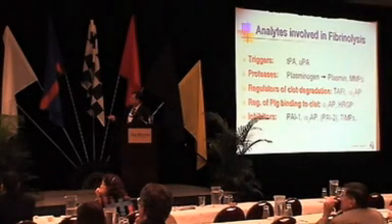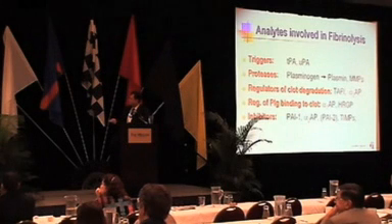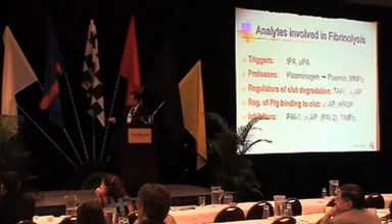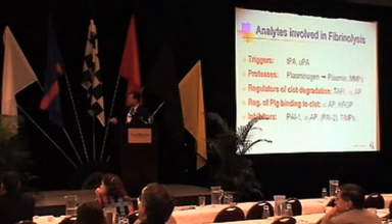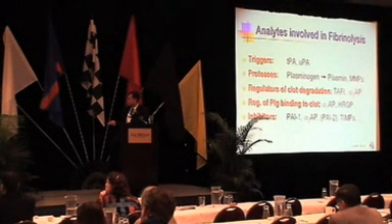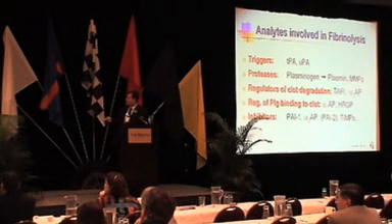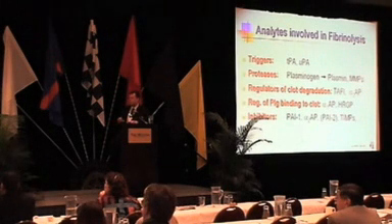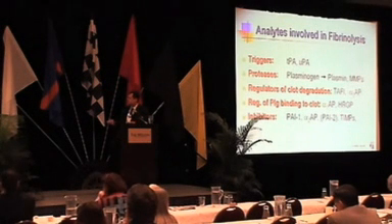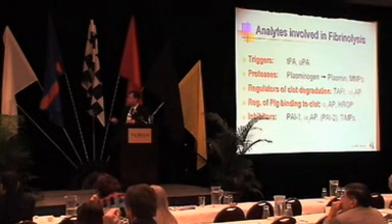The major analytes which can be of interest in fibrinolysis are triggers of fibrinolysis, TPA and UPA, inhibitors of fibrinolysis such as PAI-1, PAI-2, and the matrix metalloproteinase inhibitors. And we can have some proteins which are present at a more constant concentration in blood, such as plasminogen, TAFI, alpha-2 antiplasmin, and so on.